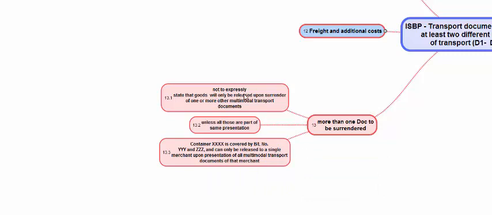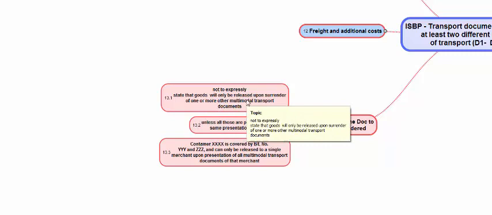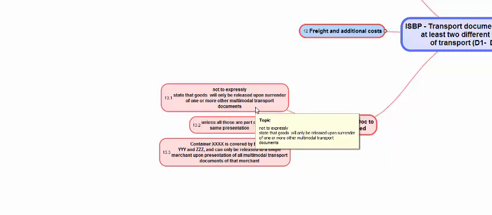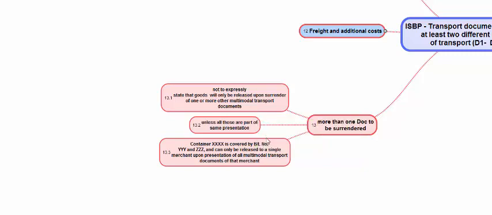the transport document should not expressly state that the goods will only be released upon surrender of one or more additional transport documents. If it states so, then we have to check whether all such transport documents are part and parcel of the same presentation.